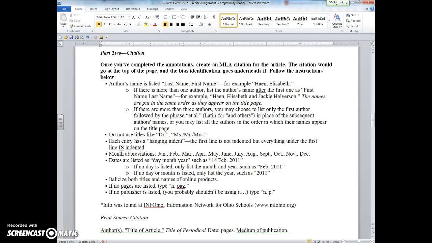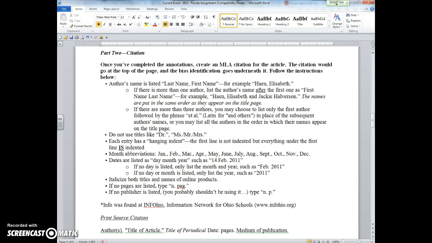Okay, so now that we've gone over the overview and I've clarified what you're annotating for, now we're going to talk about citations. You are going to be required to cite each one of these articles. It's becoming more and more clear that students are not getting enough practice with their citations, and therefore their inability to read other citations or perform this complex task on bigger assignments like research papers is becoming detrimental. The lack of practice is detrimental. And so we're practicing for this.